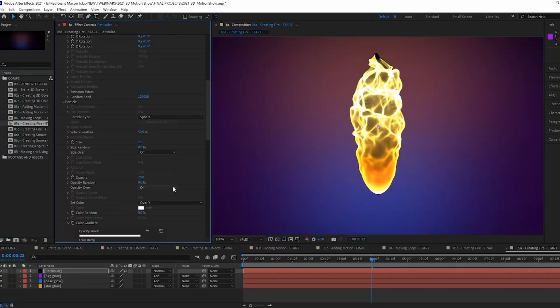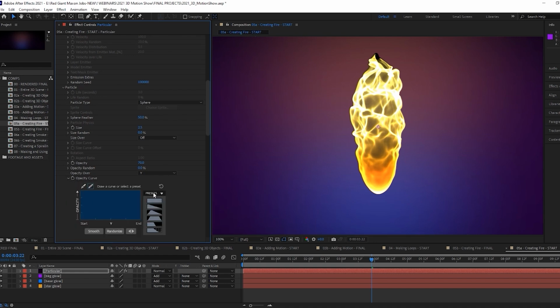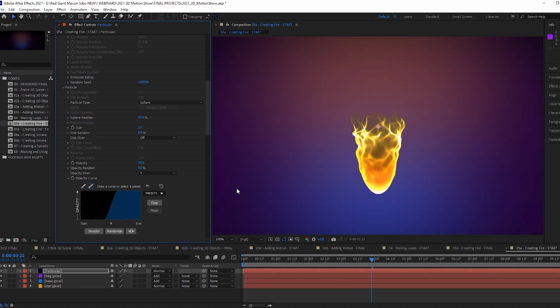So again, the opacity is affecting the whole form the same, and we don't want it to do that. We want to affect the opacity over the y-axis too. So again, we have this opacity curve here, and I'm going to use, let's try this one, and then I'm going to flip it by clicking this little button here. So you can see what that does. So if I turn this off,